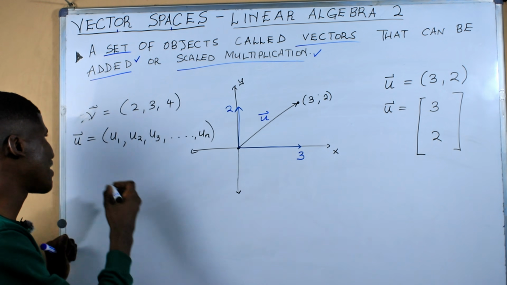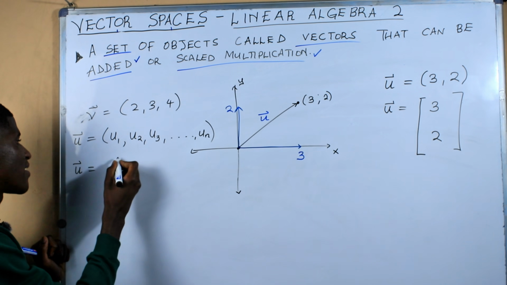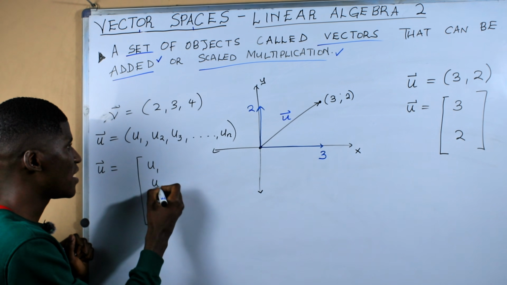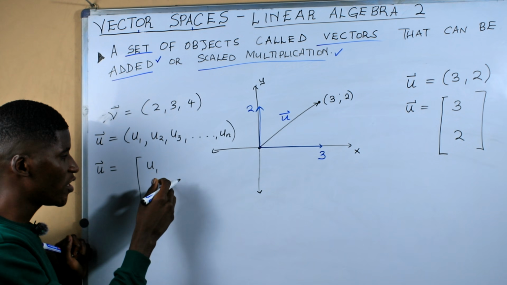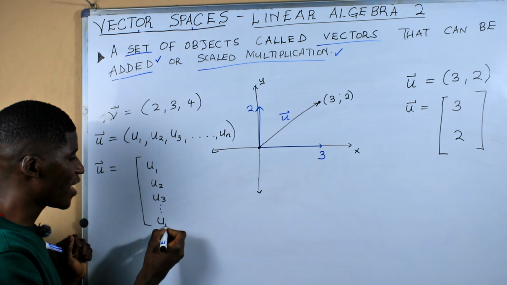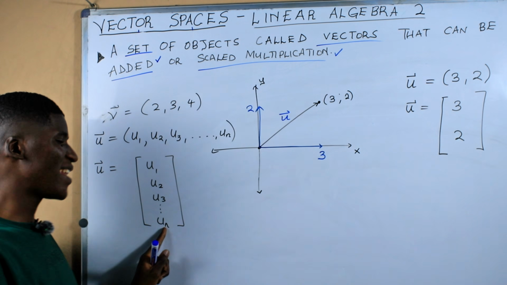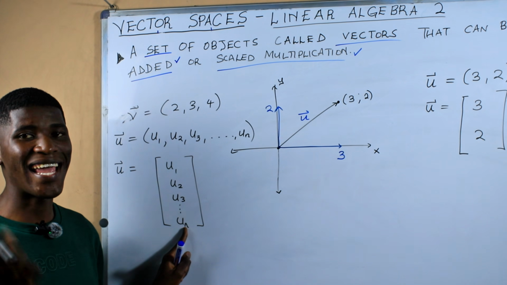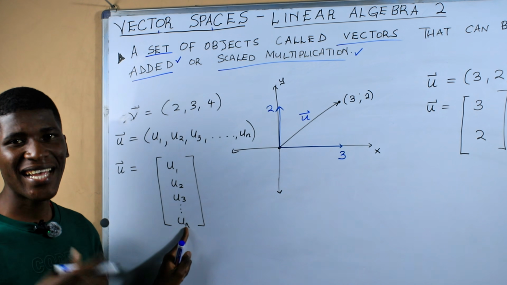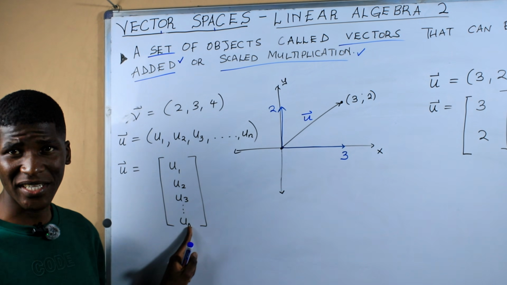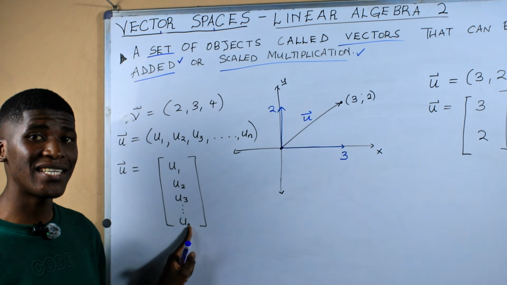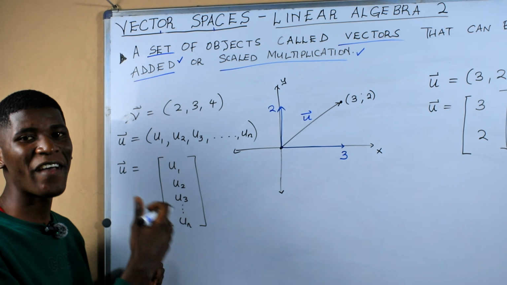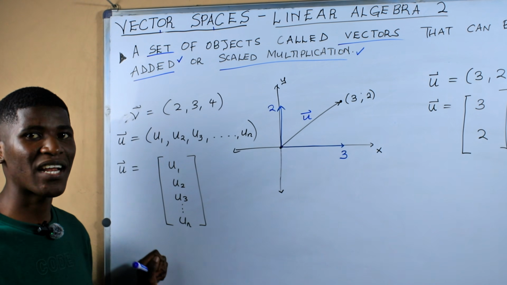So in general, we can just say a vector u can also be expressed as a column vector, meaning that these components, you can lay them out in a column format, u1, u2, u3, until un. Bear in mind that this un here is representing the last component. The last component is the nth component. So if we're having 10 components in a vector, your n is equal to 10. If we're having 100 components in a vector, your n is equal to 100. So this is not an infinity. No, it's a finite number of components that are contained within the what?